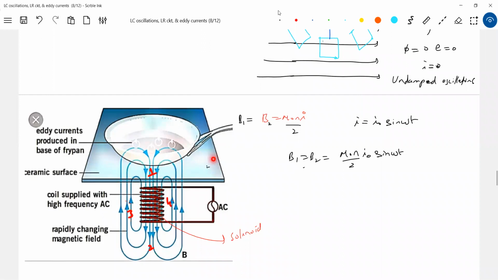If you just see the induction stove, it offers wide varieties. For example, after 10 minutes it gets switched off, means it gets switched off. And how much power you want, you can control how much current flows. How much current will determine the magnetic field, and how much magnetic field will determine how much heat is generated. Absolutely, how much heat you want, you can control. To that extent, things are there. So here I'll show some arrows. These are the eddy currents at the bottom of the pan.